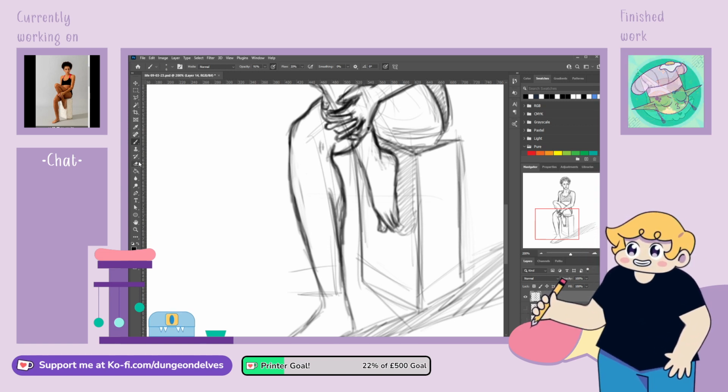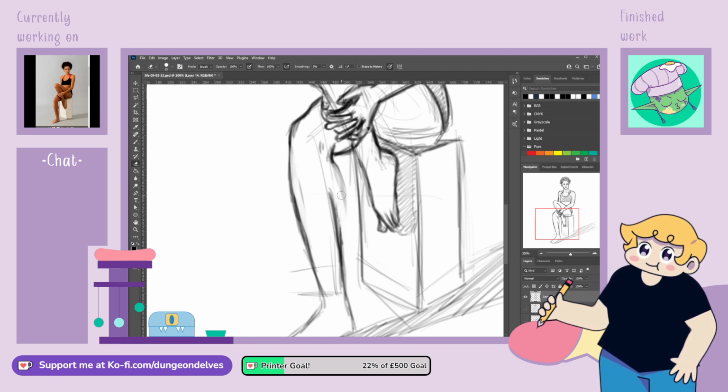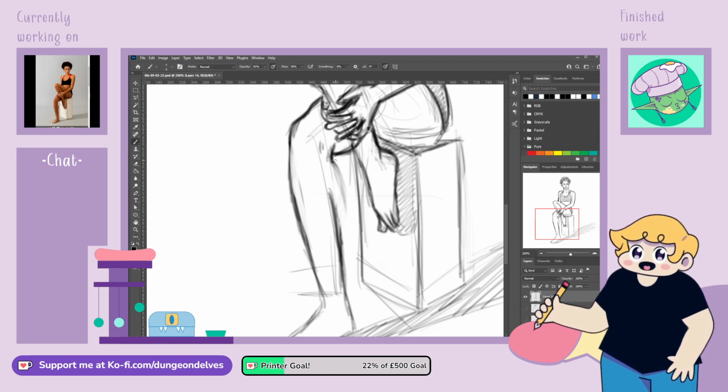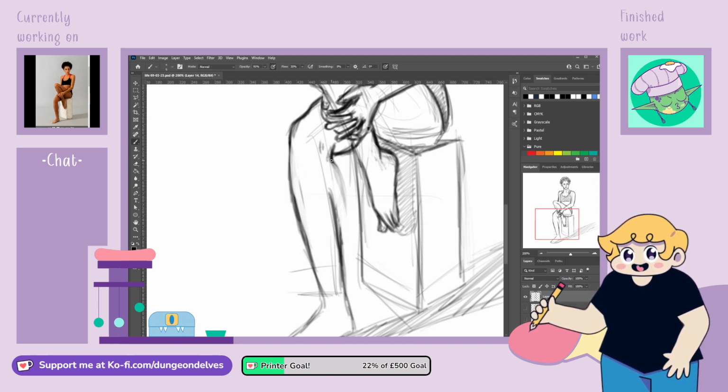Almost like we've got this line come in, and that's what the calf is lining up with.